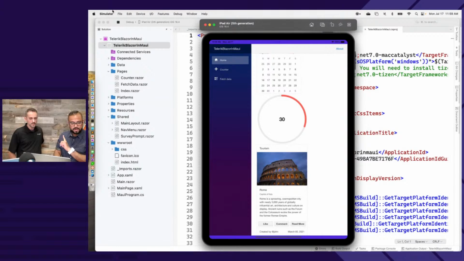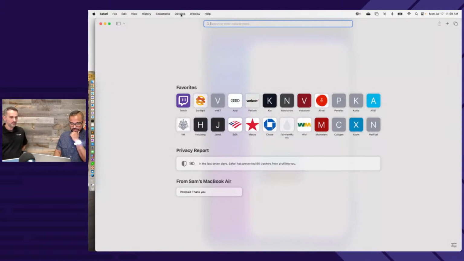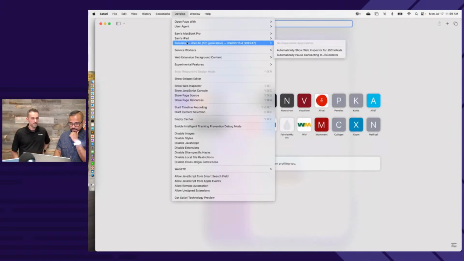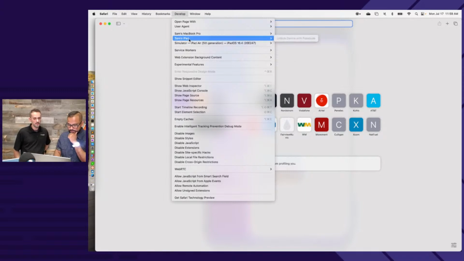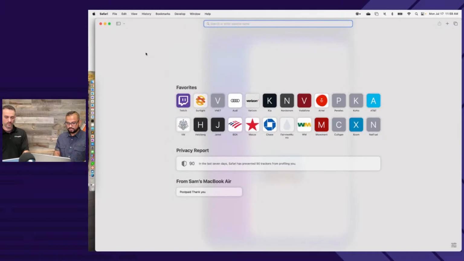Now this may or may not work. Let me see. Depends a little bit on which version of iOS I'm using. Let me see if I can pull up Safari here. Yes, no. I thought I would have it, but this one is not. So essentially what I was trying to say is, web developers are used to DevTools, right? So this is a web app essentially running inside as a native app. So you can absolutely use DevTools.